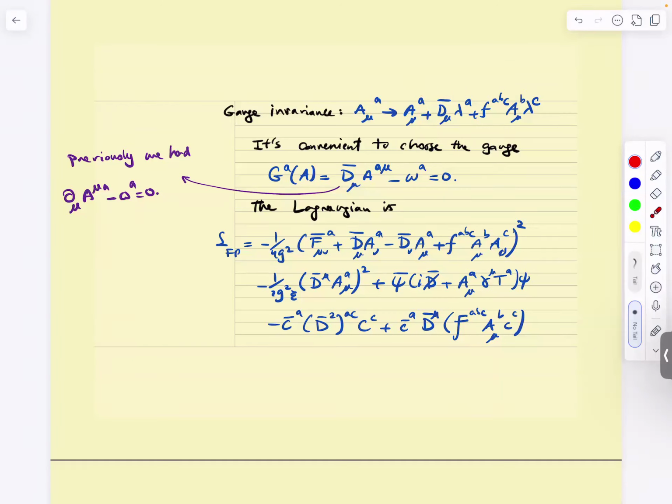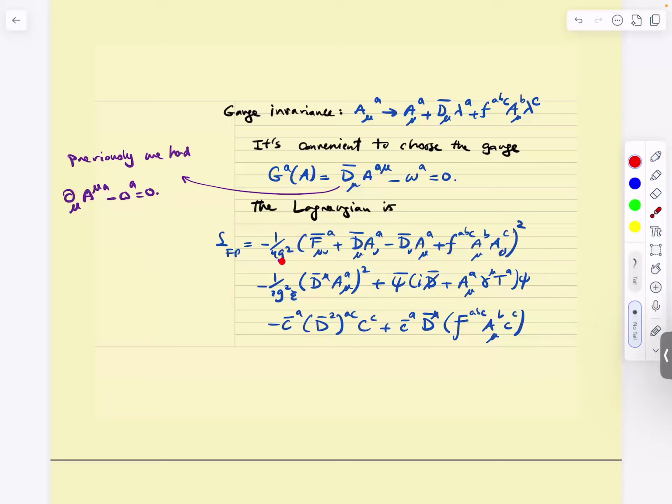which in the past what we were choosing was del mu of a mu of a minus omega a equals 0. Now we're going to choose a gauge choice, which is the background covariant derivative of the fluctuation is omega a. It's a gauge choice. I can do whatever I want. Then with this gauge, if you repeat the Faddeev-Popov, you get the following